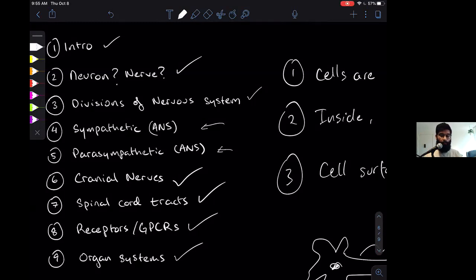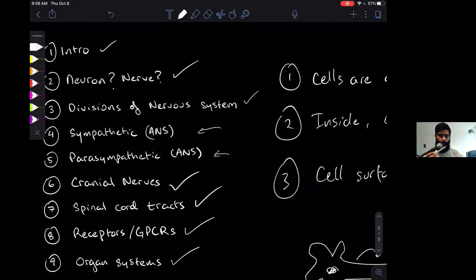So peripheral nerves will bring the sensory information in. It'll go up and down your spinal cord tracts and then get to your brain. The efferent information will go down your spinal cord tracts and then go out into your peripheral nerves, let you do your stretching and all that kind of stuff, which we should have done more of during this session. And it'll also let you do autonomic functions that we're not really thinking about. Sympathetic and parasympathetic, those are the autonomic functions, and we went through those in particular,